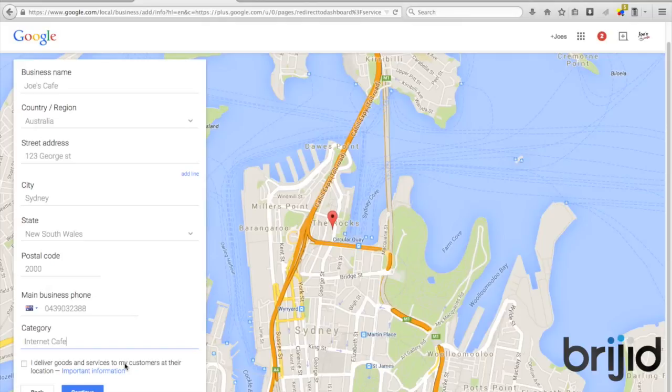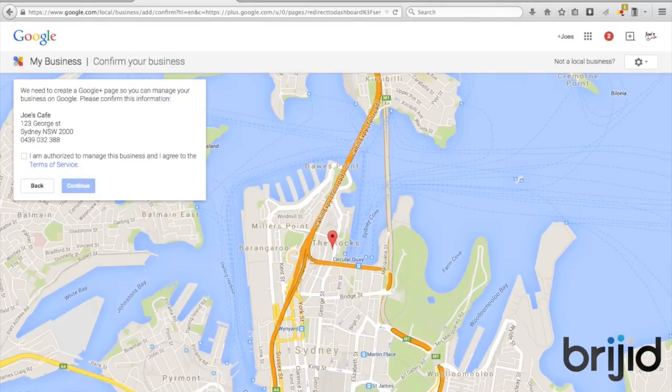So here we are, we've created our location. It's saying we need to create a Google Plus page so you can manage your business on Google. Please confirm this information. So there's a tick option there that says I'm authorized to manage this business and I agree to the terms and conditions. If we select that and click continue, it will then prompt us to the next page,